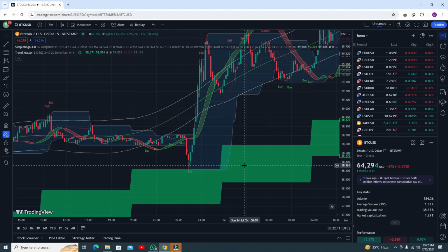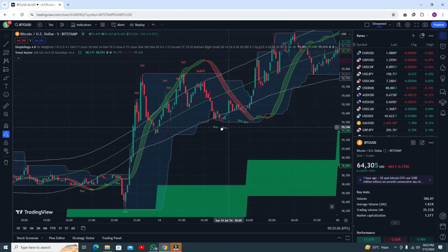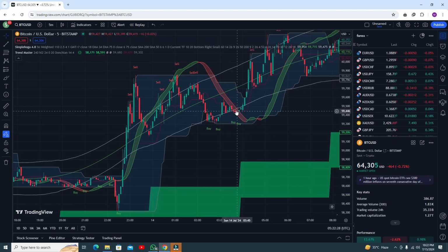The second condition, this is RSI. Make sure the RSI is below the lower band line. And the third condition, you are getting a buy signal, then you have to go for the buy trade. And you have to book your profit here. Again, at this point you can see the RSI is below the lower band line, and you are getting a buy signal, so this is your correct buy signal, and you have to book your profit here.